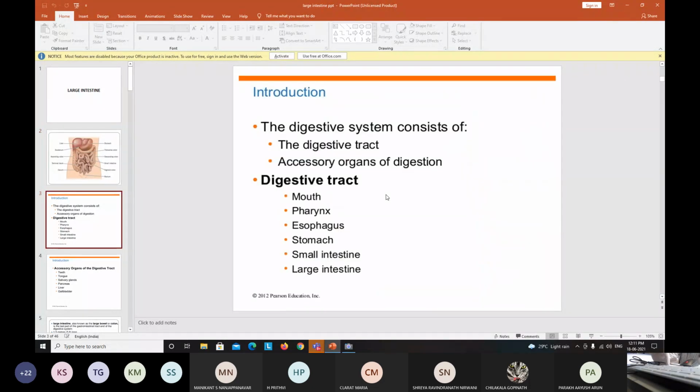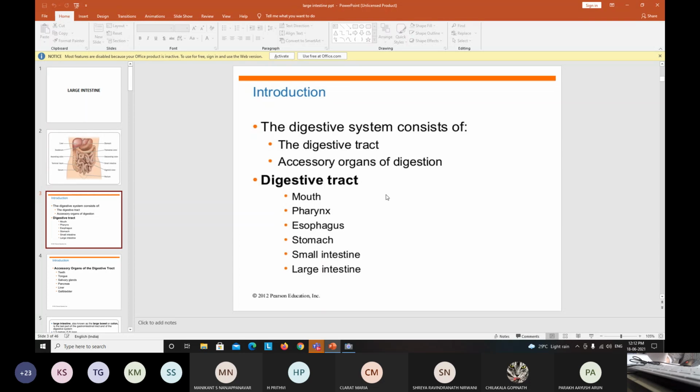Now, what is the digestive tract? From where to where? You know already, from mouth to anus. Other than the main structures, there are some accessory organs like mouth, pharynx, esophagus. The distended part of the GIT is the stomach. After the stomach comes the small intestine, which is divided into duodenum, jejunum and ileum. Now come to the proper large intestine.